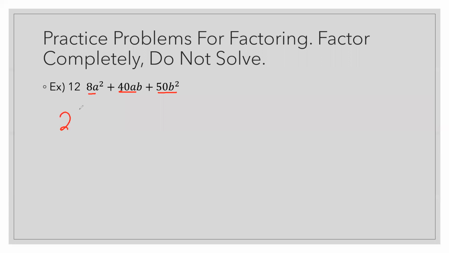No letters can be taken out. So this would be 4a squared plus 20ab plus 25b squared, right? That's it. Now, is this the most factored it can be? No, right? We could try